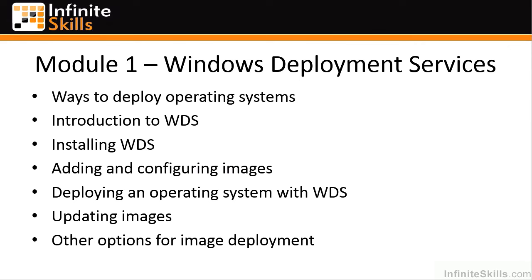This lesson covers Windows Deployment Services and how we can use it to deploy operating systems in our Microsoft-centric environment. The details of this module include different ways we can install operating systems, an introduction to the WDS technology, how to install and configure WDS and actually add operating system images to it, deploying operating systems using Windows Deployment Services, and the different options for booting over the network or booting from a Discovery Media, how we can update